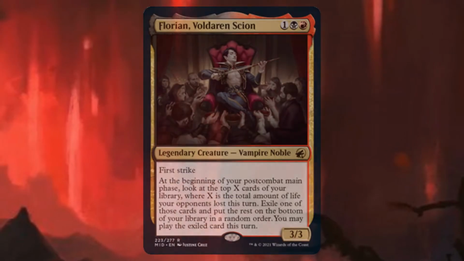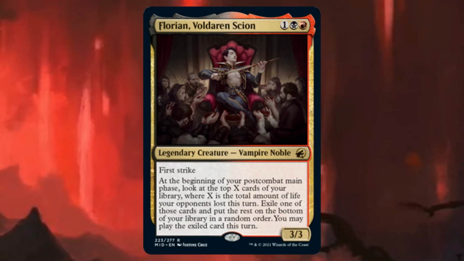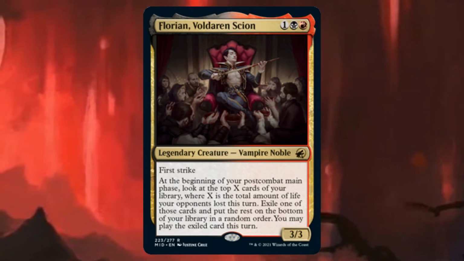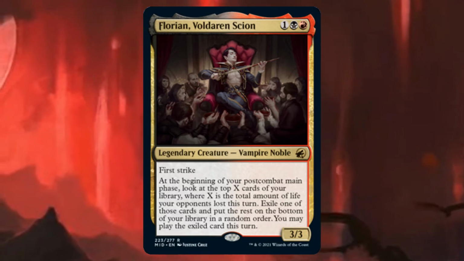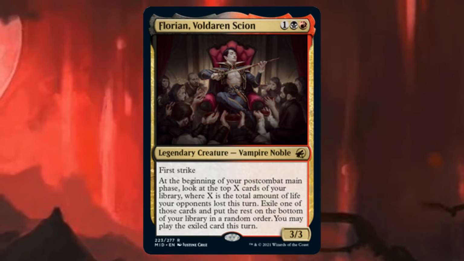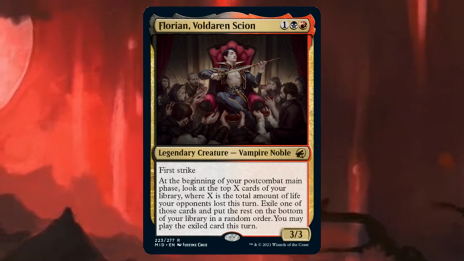So, Innistrad Midnight Hunt. Today we're going to talk about the one and only shirtless legendary Rakdos Vampire Noble from the set that's all about werewolves. It's Florian, Voldaren Scion. This is a 3/3 with first strike that costs 1 black-red, and Florian has, at the